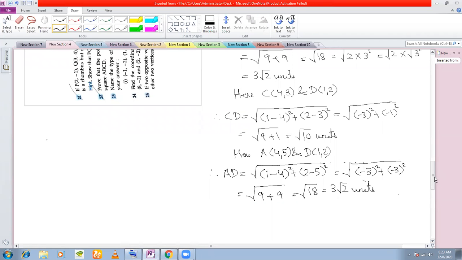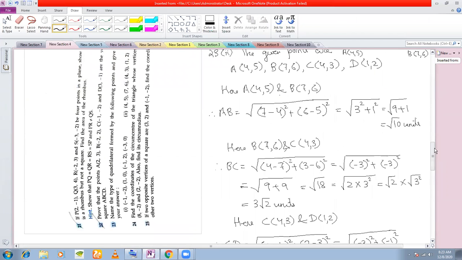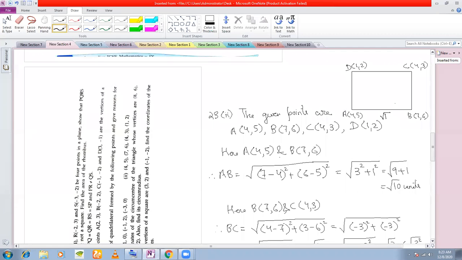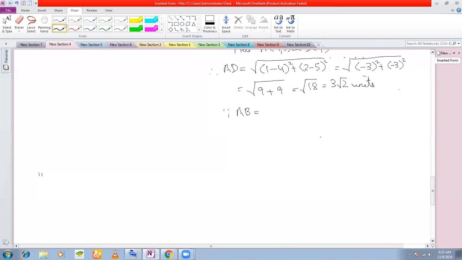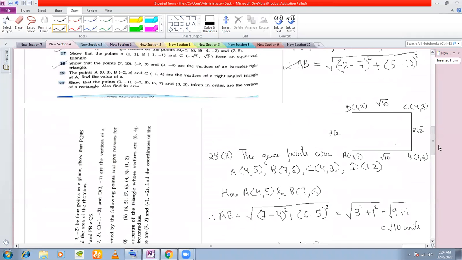So what do you see? In this quadrilateral, what are the lengths that you're getting? You're getting AB as root 10, this as root 10, this as 3 root 2, and this distance as 3 root 2. So what do you see? That the opposite sides of this quadrilateral are equal. So you can write that ABCD is a quadrilateral. Thus, since AB is equal to CD and AD is equal to BC,